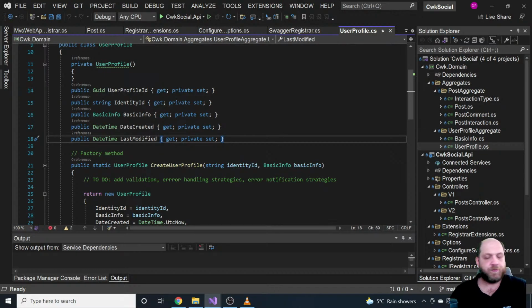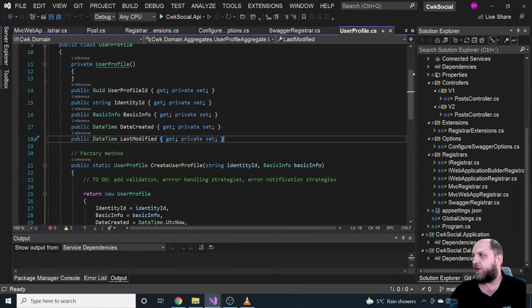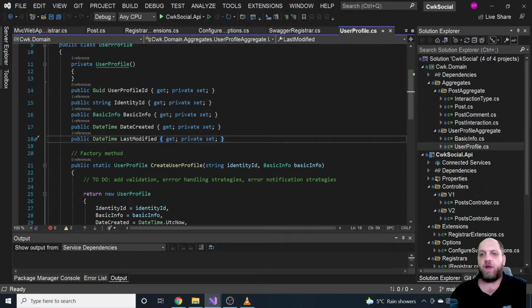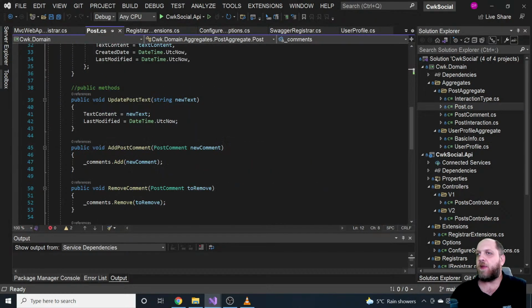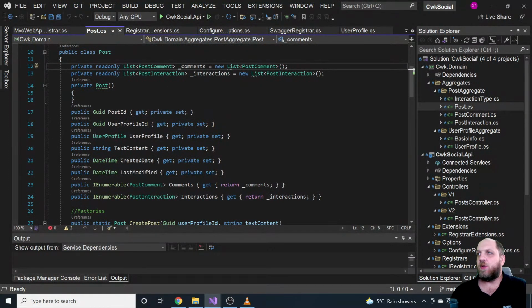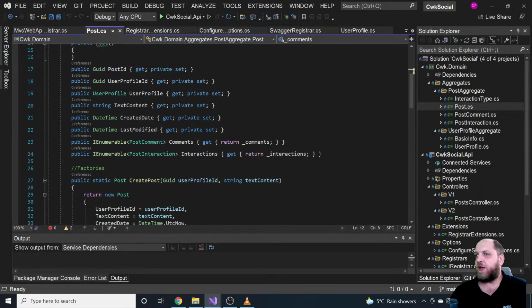But then we went through the domain model and we started to actually model our application. And as I said, we won't go the full domain-driven design route. However, some concepts from domain-driven design are, from my point of view, very essential, and I tend to use them in most of the applications that I'm writing. One of those concepts is this idea of aggregate. So right now, for starters, we just have a post aggregate, and this is what the post means, what information it has, and of course it has comments, it has interactions,